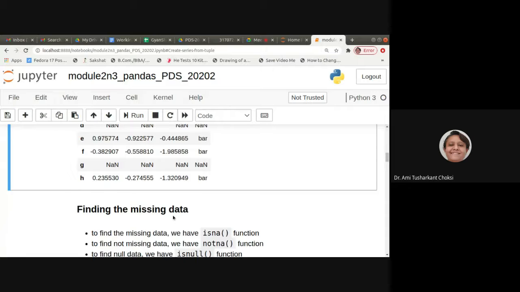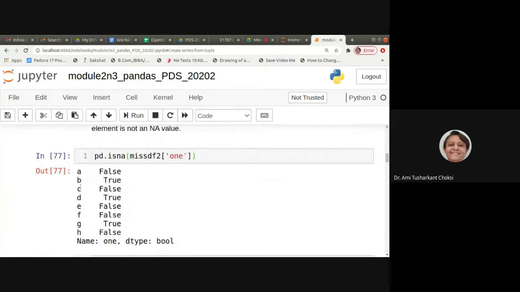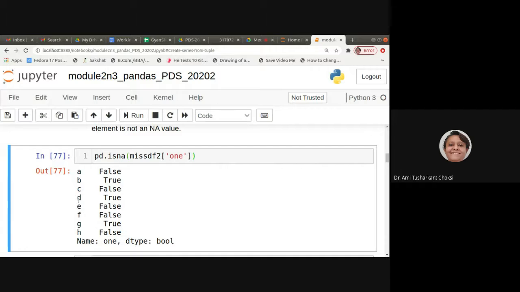So B, D, and G show True. Let us first check it out.